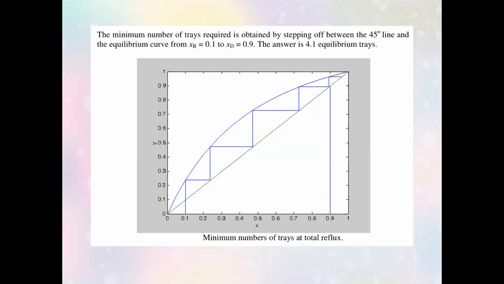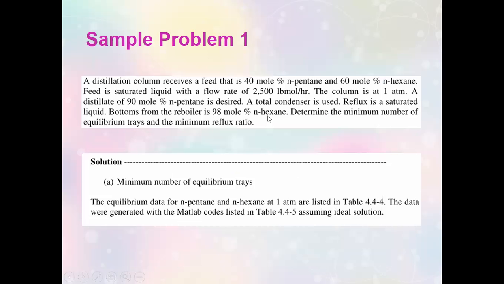Now, what you're going to do is plot or project upwards the concentrations of X sub D and X sub W. So the problem, if we go back to it, has 90% distillate and the bottoms liquid, which is 98% hexane. So meaning the pentane is only 2%. So take note, class, you have to be very, very careful. The concentration of the distillate as given is really in terms of the lightweight component, which is pentane.